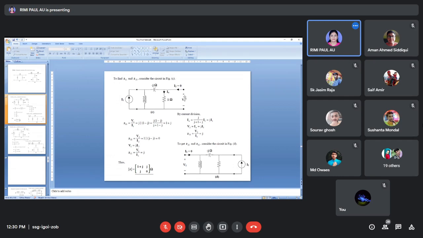Next, you have to find out V2. So already I mentioned when we completed Thevenin's theorem, or the last day we have seen, that the voltage drop across this path is equal to V2. So what is the voltage drop across this path? I have to find out what amount of current is flowing through this path. So if I can find out the current I1 here, then I can apply the current division rule. So now you apply the current division rule.